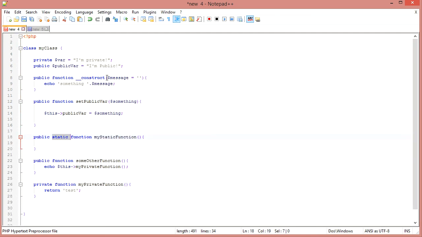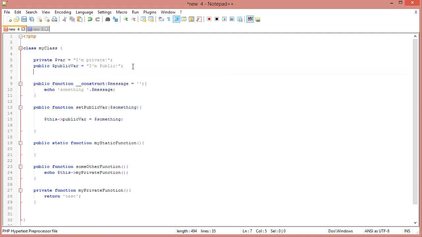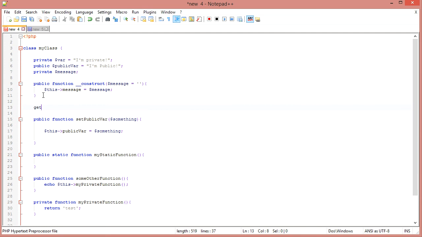So let's look at something else here. Let's imagine that we've got a variable in here called, let's call it private message, right? And what we'll do is we'll make whatever you pass to the constructor get saved into this variable, like that. And let's have one other function called